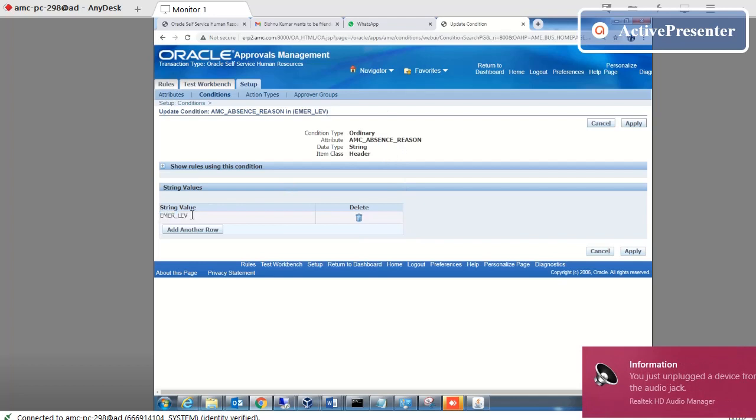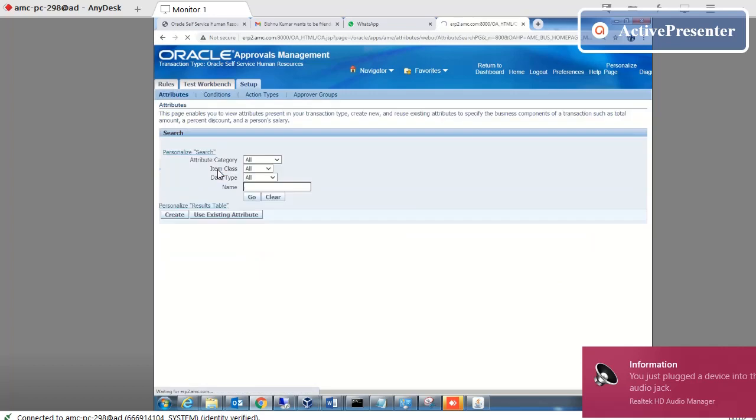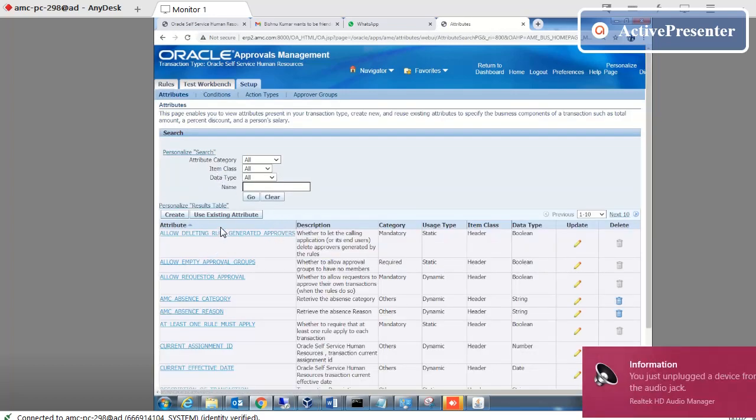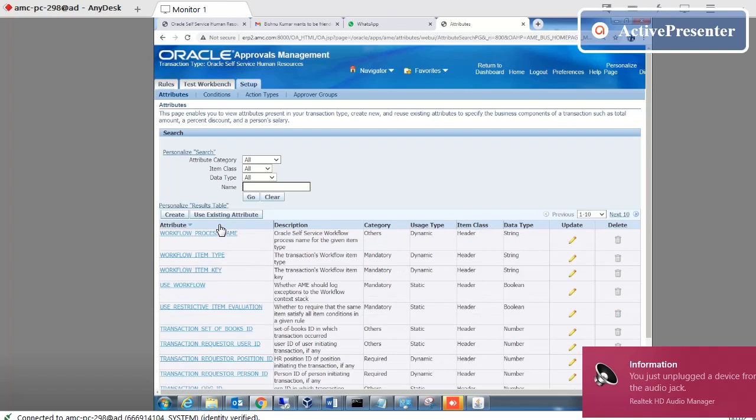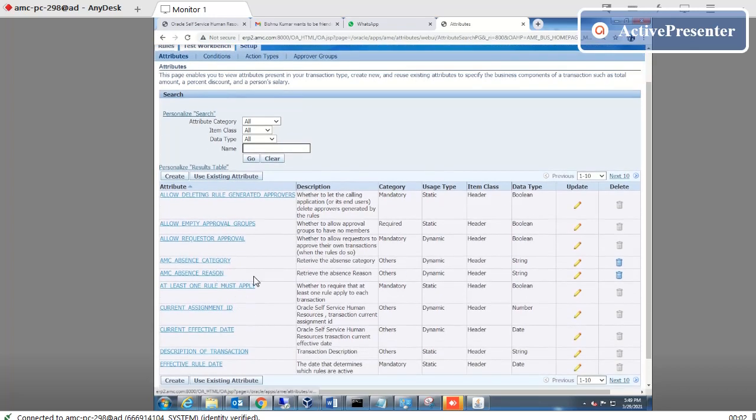Here, from where we get the value, I will tell you. This is an AME attribute. If I go to check the AME attribute, let me show you. In this one, if you go here, this is dynamic.